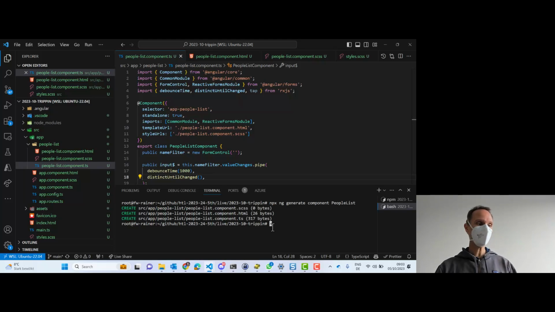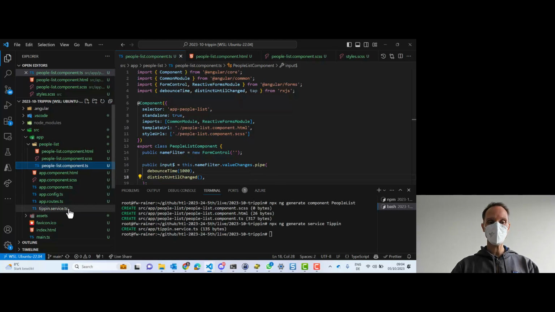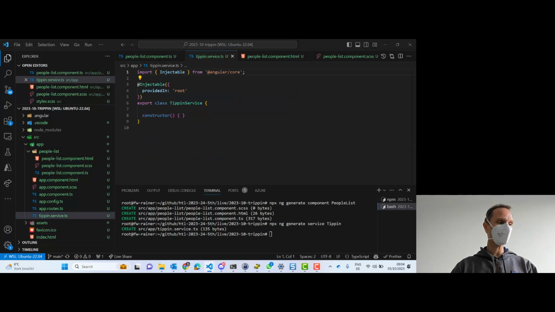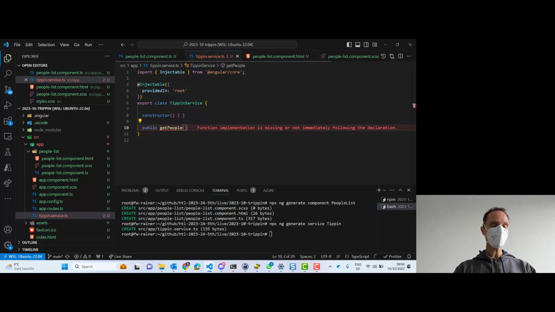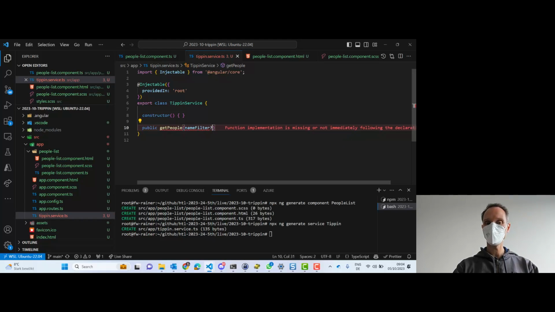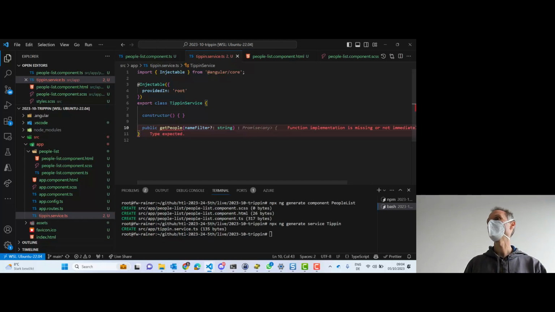Good. So let's create a service. npx ng generate service, and I will call it simply Trippin. That will end up with a Trippin service. Okay, let's do that. Trippin should be here within a second. Here is our Trippin service. Now in this Trippin service, we want to have a public function, getPeople. It receives a name filter, optionally, which is a string. And it will return